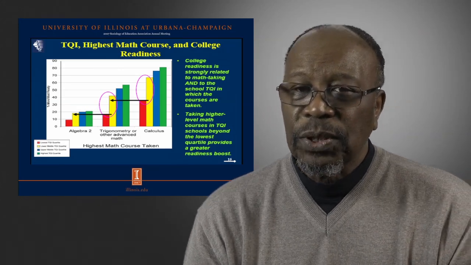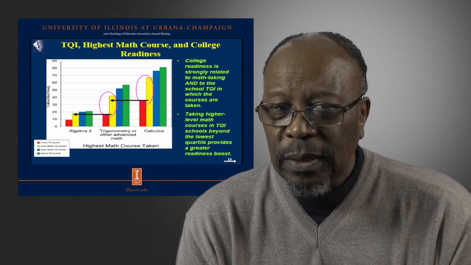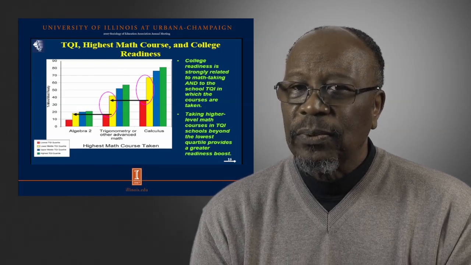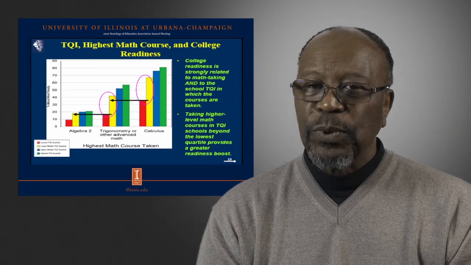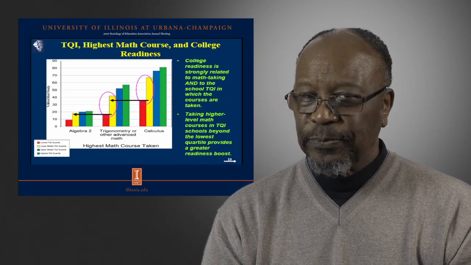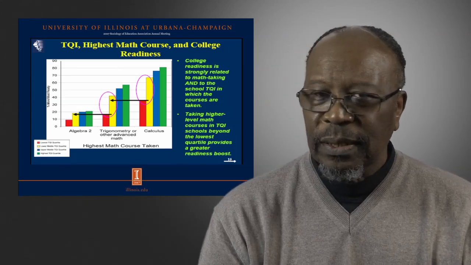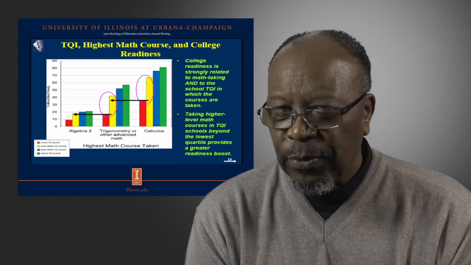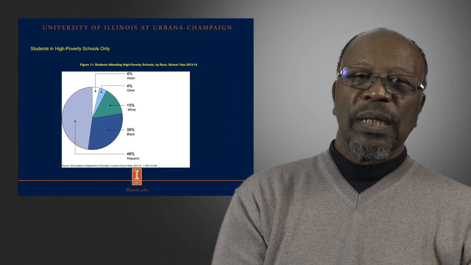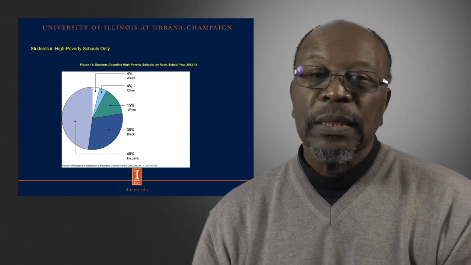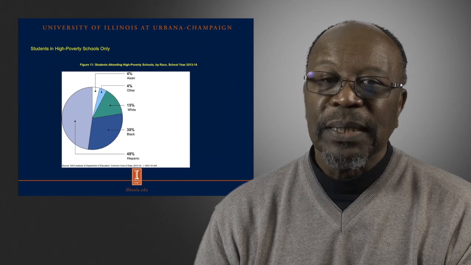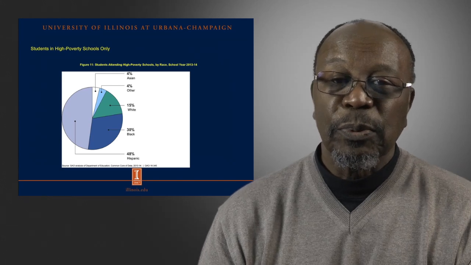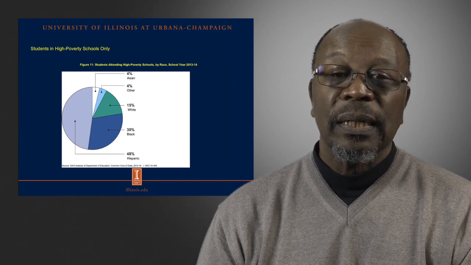But here's another way in which it negatively impacts minority students. The highest math courses taken is associated with the school TQI in which the courses are taken. So you get more benefit when you're attending not just a school with a high TQI, they also have a better range of the courses. Students in high poverty schools only. Students attending high poverty schools by race and by school year. And you get to see that Hispanic and Black students disproportionately attend high poverty schools, and that was for the